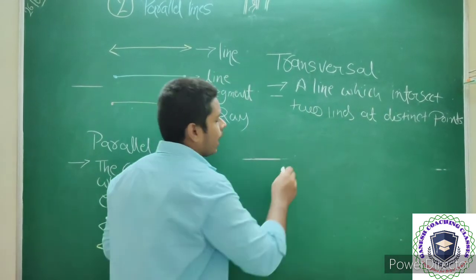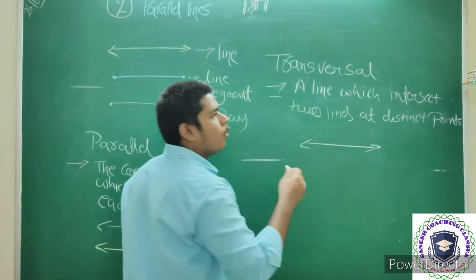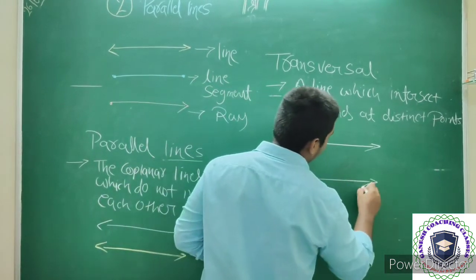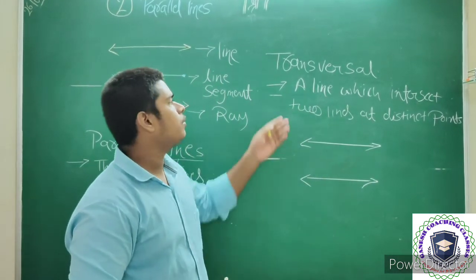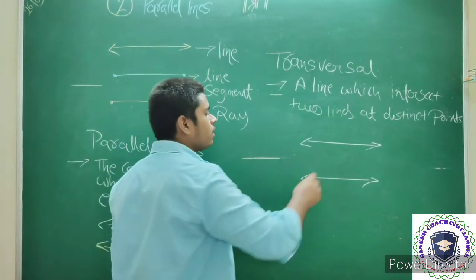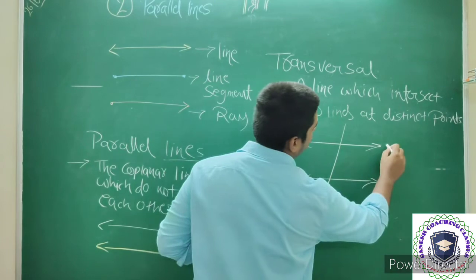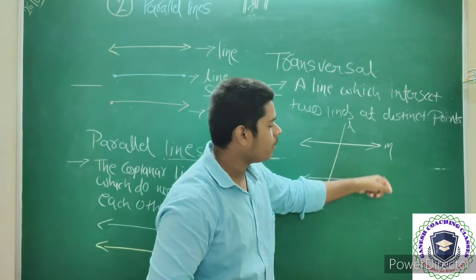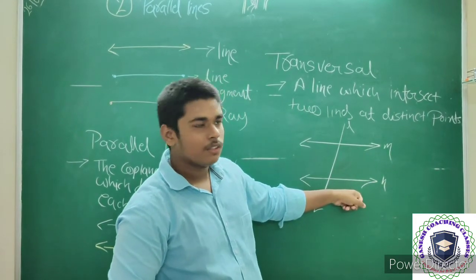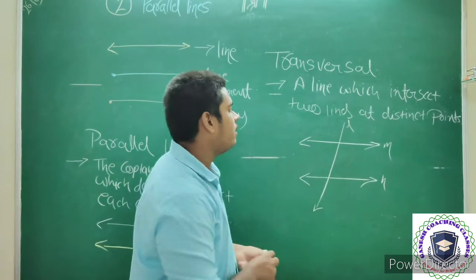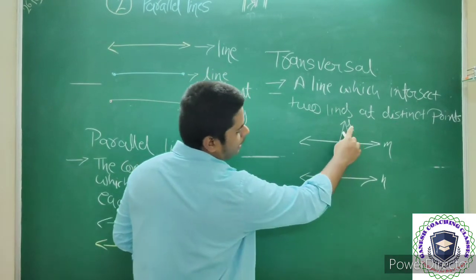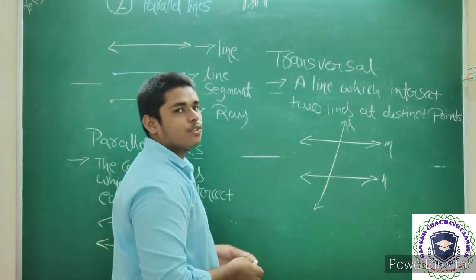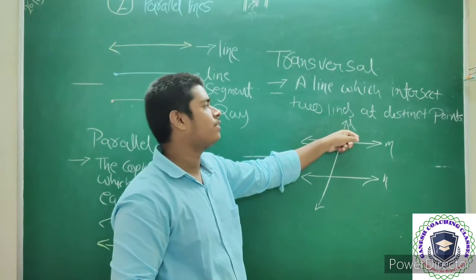What does it mean? We have to draw firstly 2 lines, whatever they are, whether parallel lines or not parallel. So here we drew 2 lines and we have to define a transversal. So here we are considering another line. We named them M, N and L. Here, as we can see, M and N are parallel to each other because these 2 lines are not intersecting each other, and the line L intersects M and N at 2 different points. So that's why line L can be termed as a transversal.